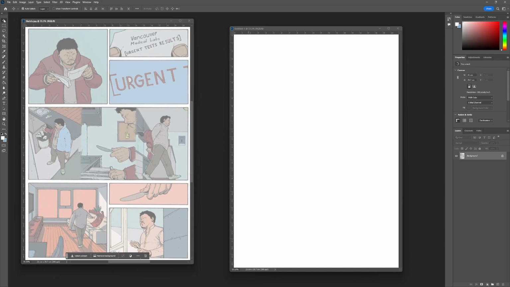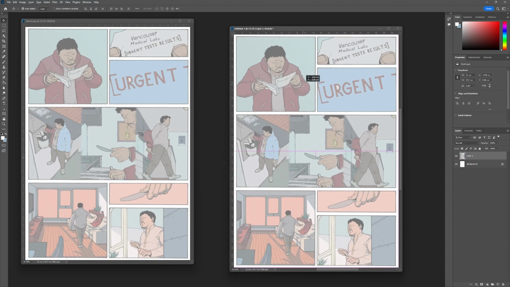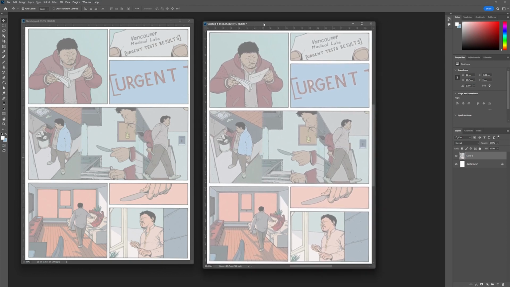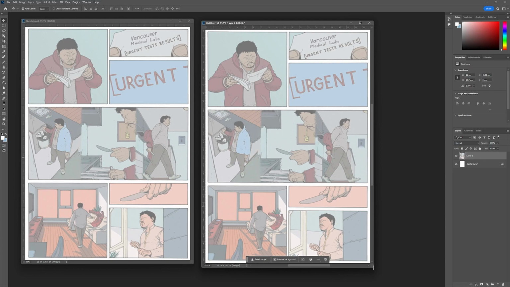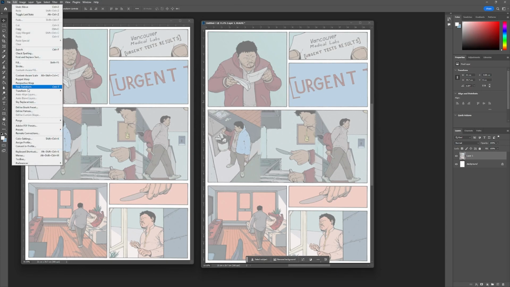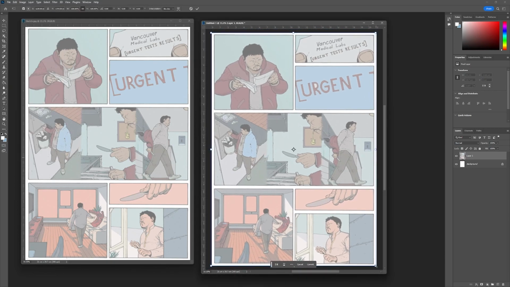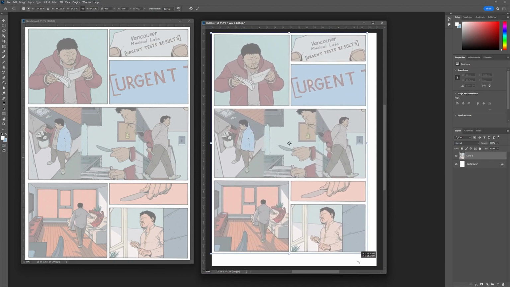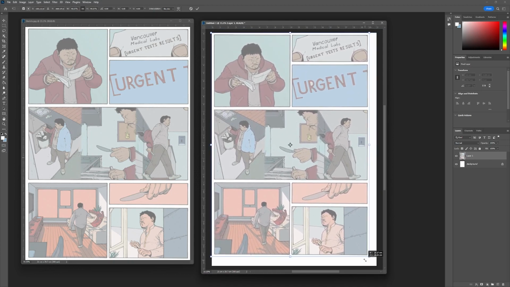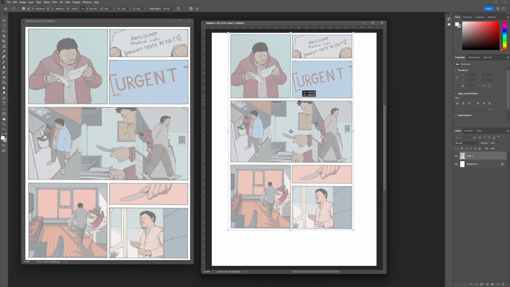If you're in the Move tool, you can then drag your sketch over onto the newly created panel. If it's not the correct size, you can resize it. If I go over to Edit and Free Transform, and make this a little bit bigger, you can then rescale your sketch to be the correct size. If you find that when you originally created it you didn't use the correct aspect ratio, like it's a bit too thin perhaps,